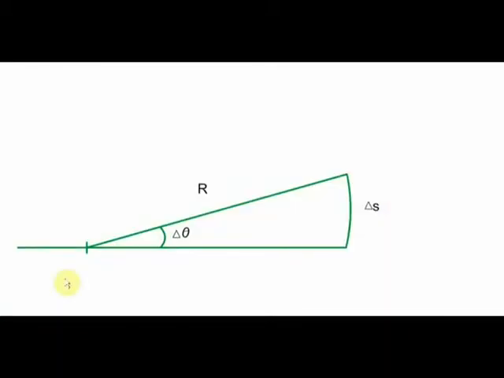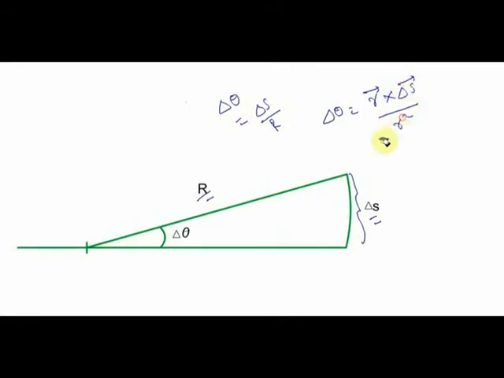So let's explain this. Here we can see that we can write delta theta as delta S by R, where delta S is the length of this arc and R is the radius. Also in vector representation we can write delta theta as R cross delta S by R square. Here the direction of the radius vector is radially outwards, so this is our R vector, and the direction of delta S is